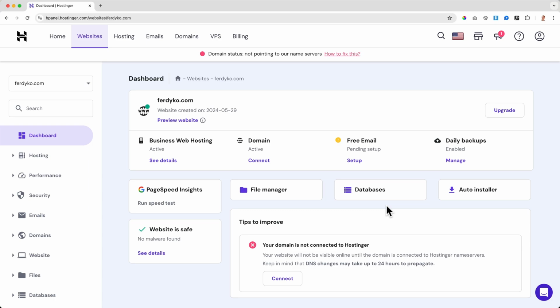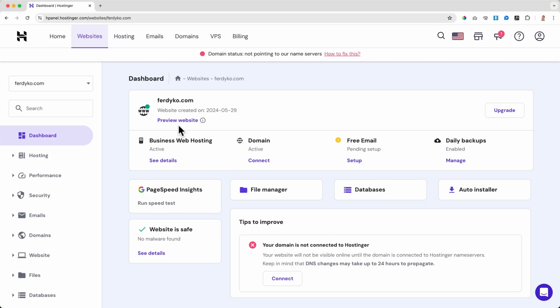So what is happening now, the domain, in my case, this one, is being registered in the whole world. So the whole world needs to know this domain is now registered. That can take a while. It can take a few minutes. It can take longer. So it says your domain is not connected to Hostinger yet because of that. It says it can take up to 24 hours, but in most cases it takes up to 5 minutes.